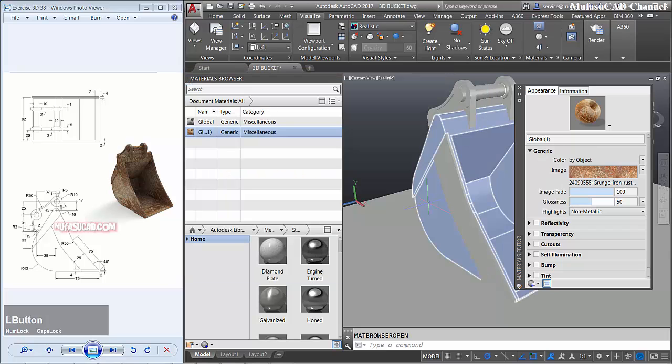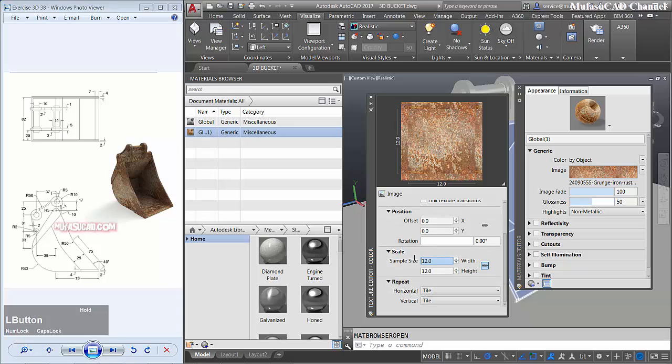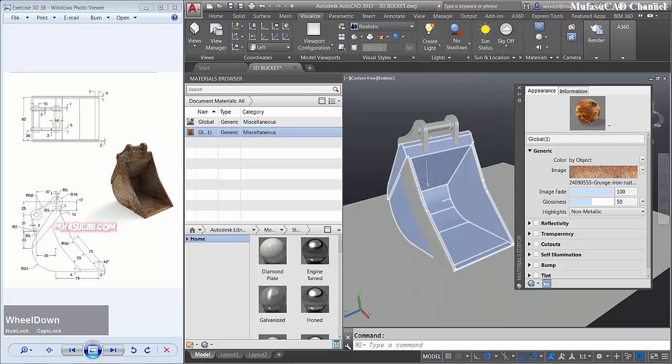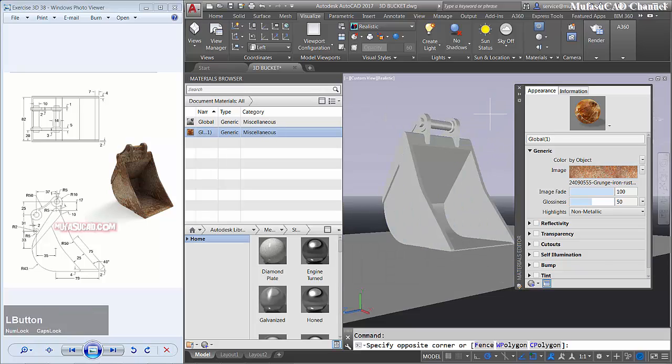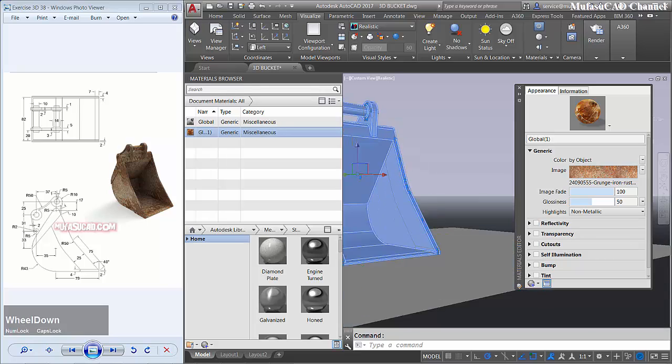Click open. Okay, I will edit the sample size to 90. Close and I will apply it to all of this object. You can select all of this object.